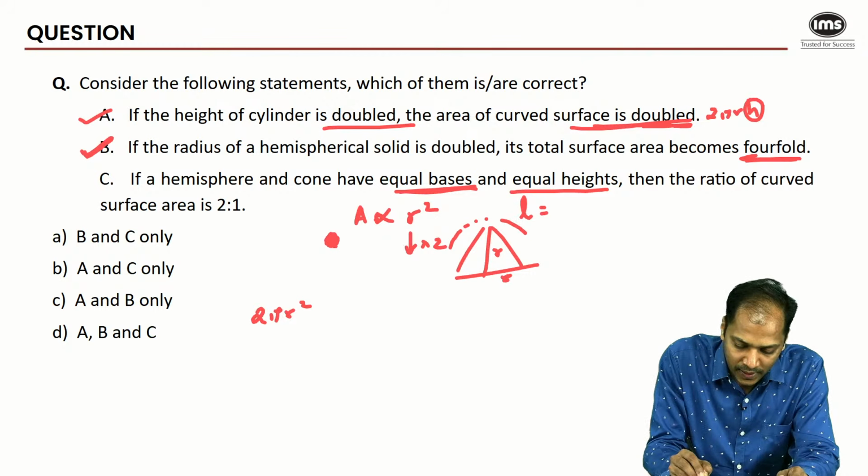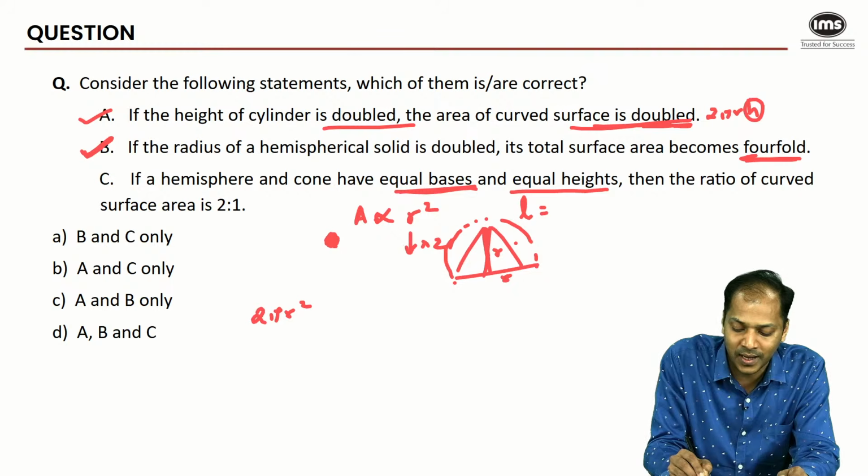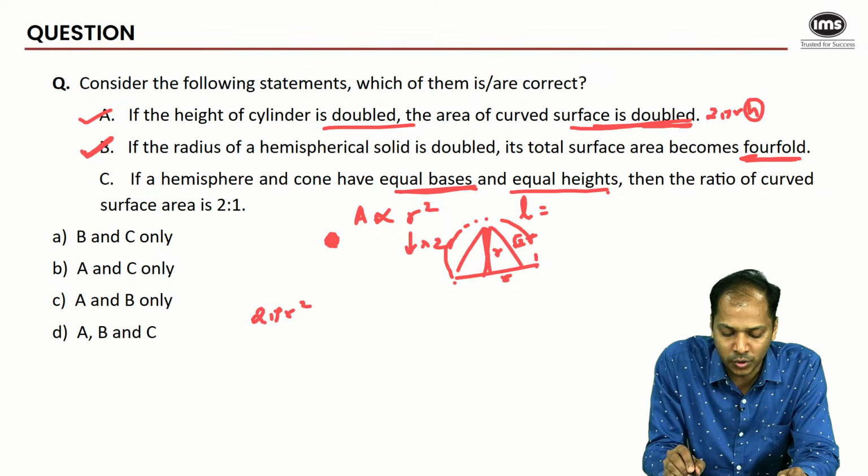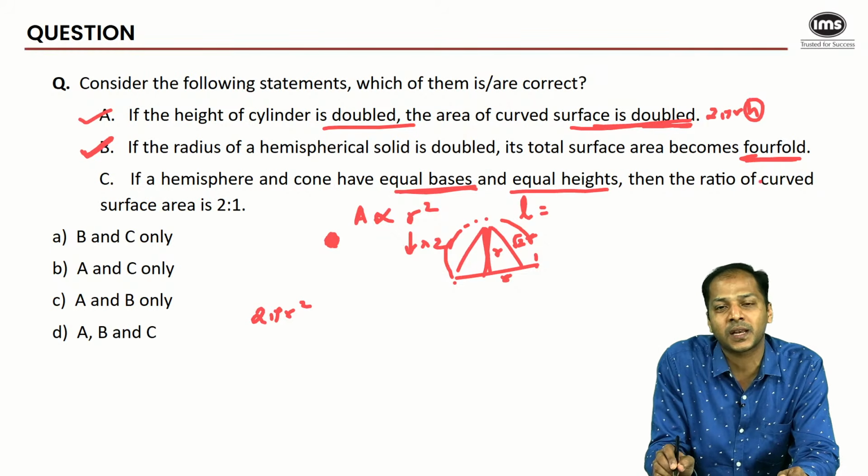It has the same height as the hemisphere. So therefore its height would be equal to the radius. So this is r, this is r, this would be √2 times r, the slant height. That is important over here, and therefore the ratio of their curved surface, so curved surface area would be